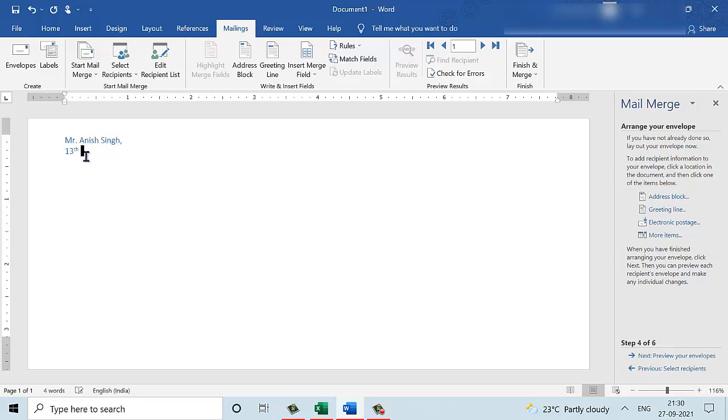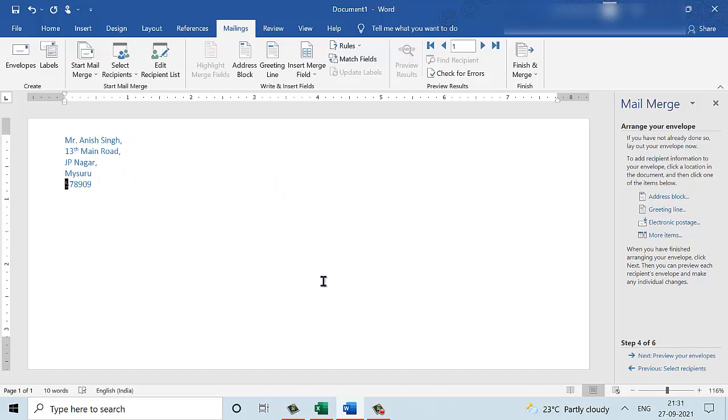You can give a made up address. Ensure that the addresses are aligned properly. This is the sender's address.